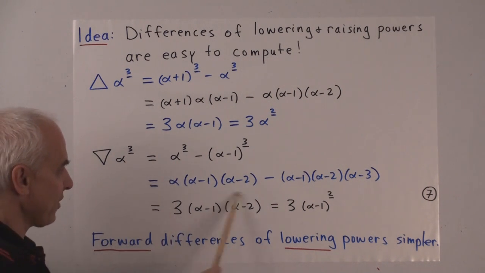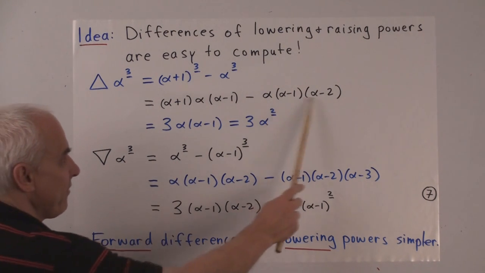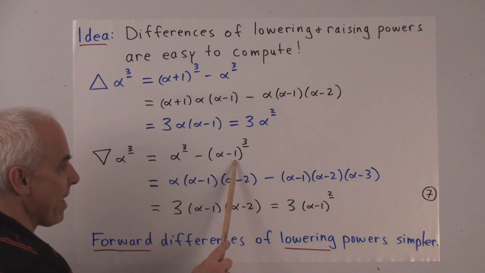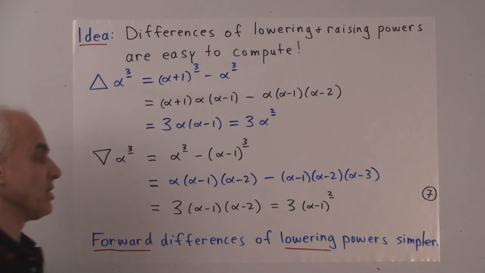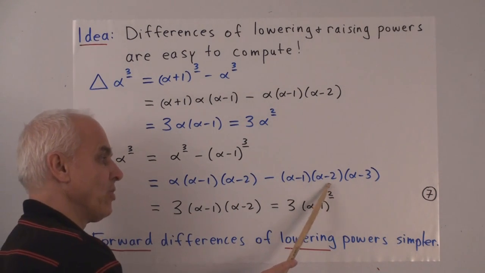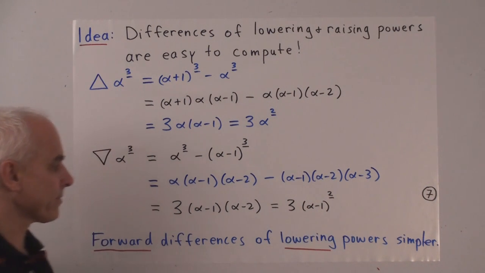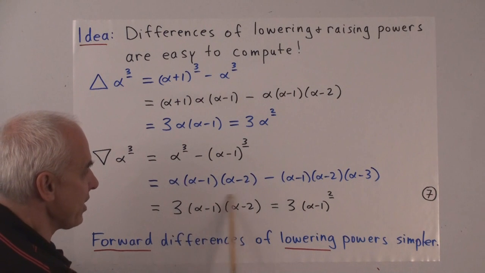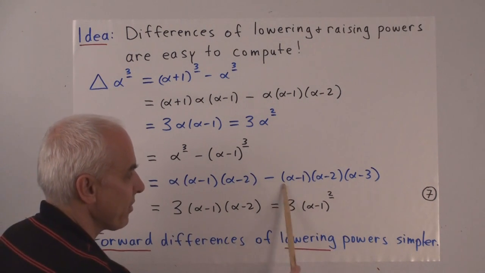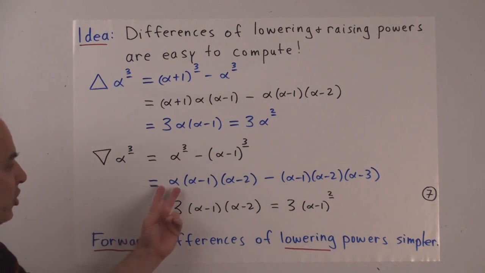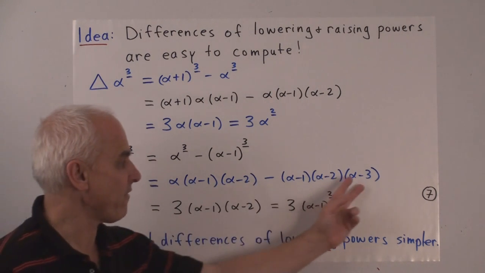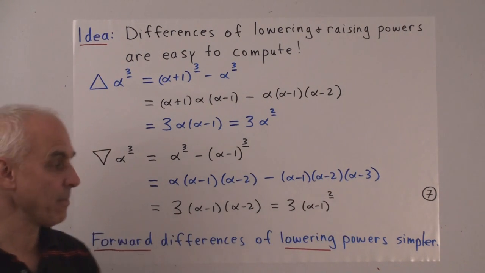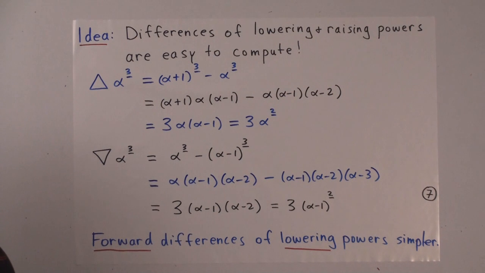Okay, so there's alpha to the 3 falling. We've already seen that before. Now we have to subtract alpha minus 1 to the 3 falling, which is alpha minus 1 times alpha minus 2 times alpha minus 3. Again, there's a common factor. The alpha minus 1, alpha minus 2 is common in both. And again, the other terms are alpha minus 3. They conveniently simplify to just give us 3.